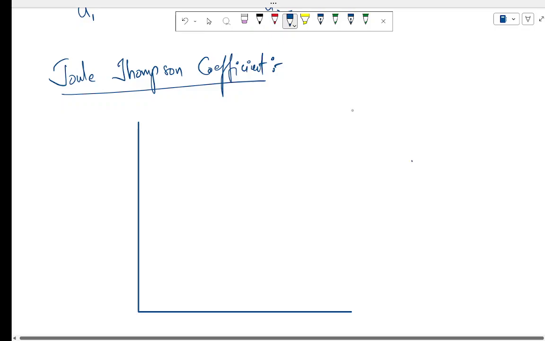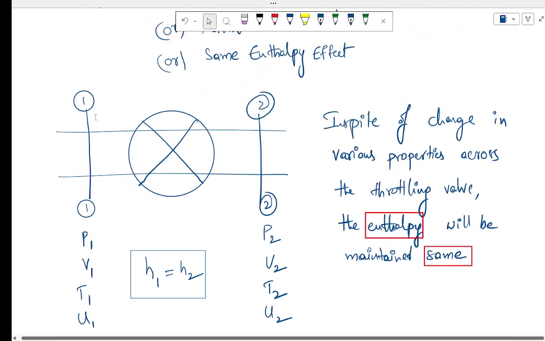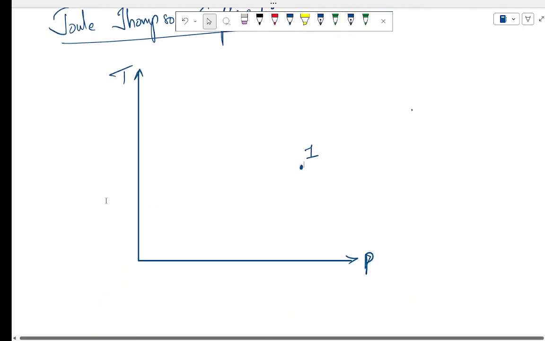So this is my temperature versus P plot here. In this plot, I have a certain point representing my temperature and pressure initially at point 1, which I have shown here towards the left. This process starts with so and so pressure and temperature, and you will have points 2,